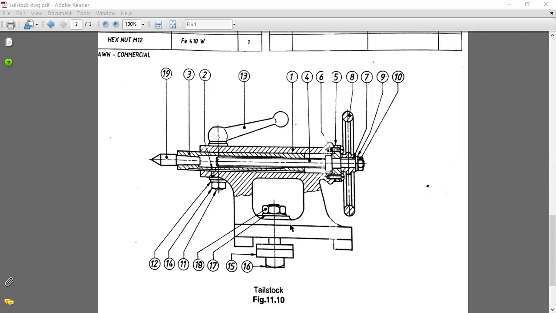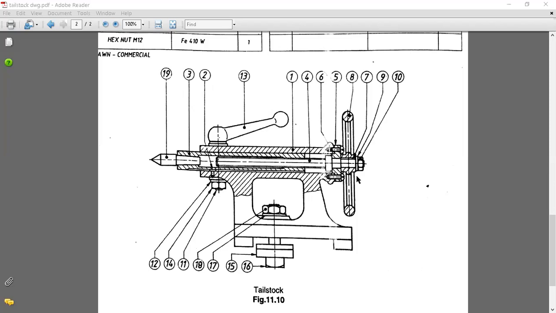From the examination point of view, it is impossible to draw all the 19 components in detail. So for that purpose, just concentrate on the major components. By drawing that, it looks like a complete diagram. It is an examination tip, you can consider this. First you draw the body, then you draw this barrel portion, then you insert this center, then this handle shape, then at the rear side go for the flange and this hand wheel.